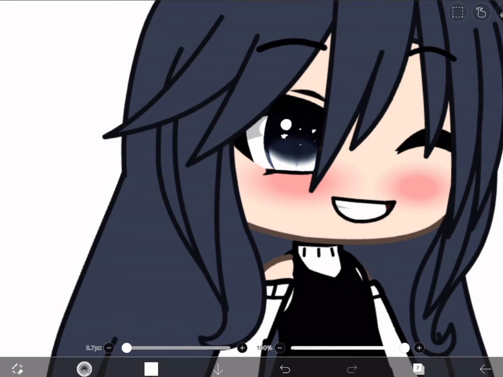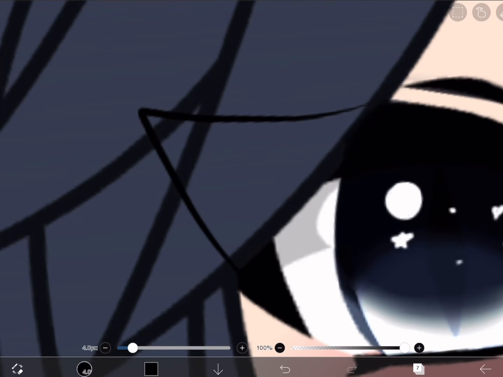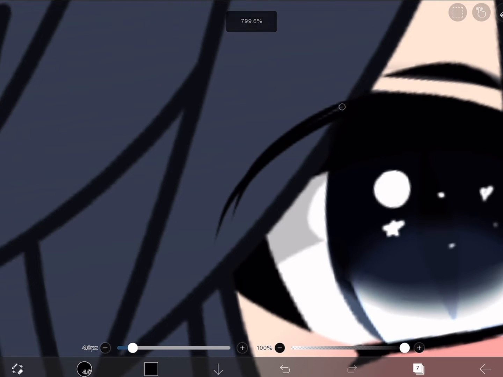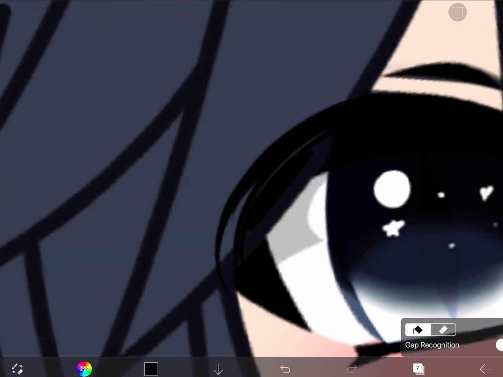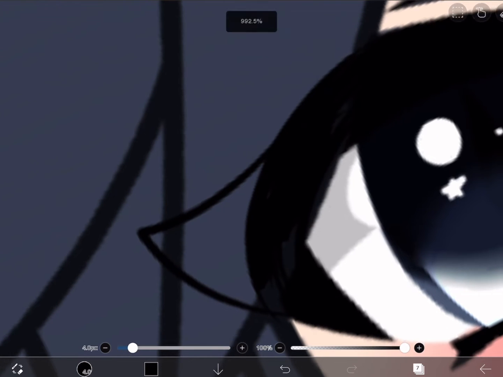Add another layer and it'll be normal. Then brush hard and then you turn on force fade and make both 100. And then you try and draw your eye. So you can shape your eye first into the normal circle eye. So just to make it easier, you can bucket it if you're lazy to color, like me. And sort of draw